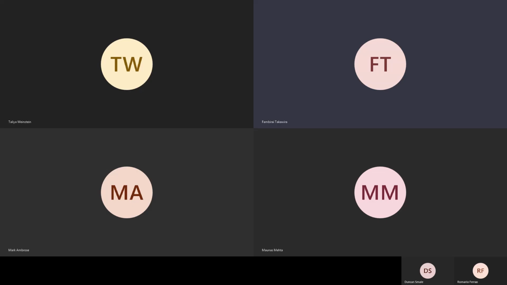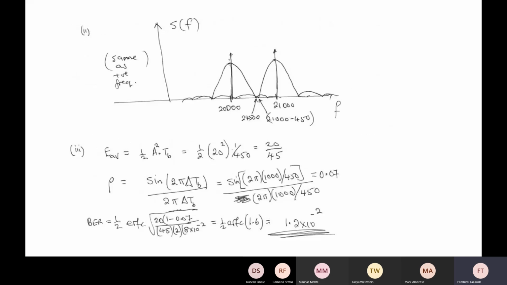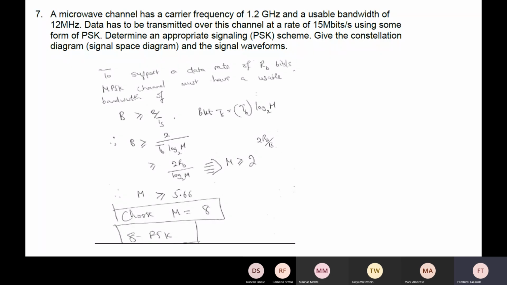Yesterday. So we actually have only two questions left, question 7 and 8. Both questions 7 and 8 are on multi-level modulation. Let's start with question 7,